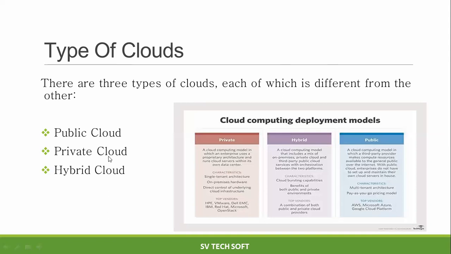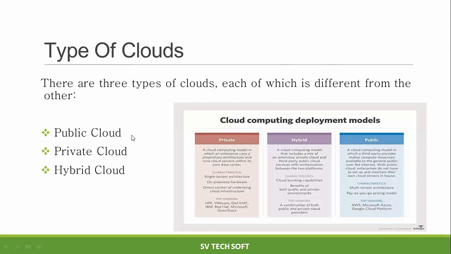Okay, then hybrid cloud. Hybrid cloud is nothing but the combination of private cloud and public cloud. Most of the employees use the service within the company premises only, but some of the employees can access the service from outside the company, like work from home or that kind of thing. In that case, they simply have to configure the laptop IP address within the system. Then they can access a particular software or hardware. That is the meaning of hybrid cloud.